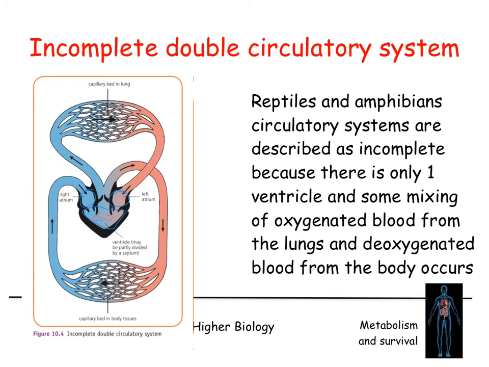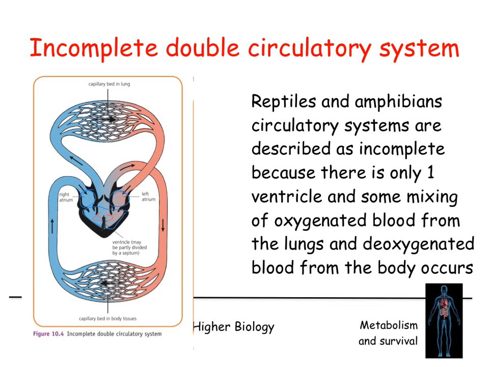With reptiles, although in this diagram here it doesn't show it, in reptiles you actually have a partial septum. That is a partial separation. So you get very little mixing because this little division is here, and it helps to prevent some of the mixing occurring. So that's your incomplete